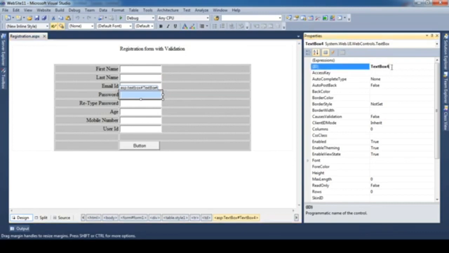For password, we have two fields to take the password. The first one is txtp1, and for the retype password text box I am giving the name txtp2. Then the age, so txtage. Then we have mobile number, so txtmn. And for the last one, user ID, I am taking txtuserid as the name for the last text box.